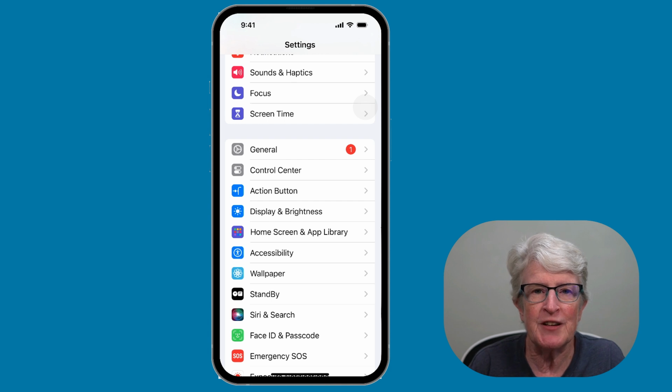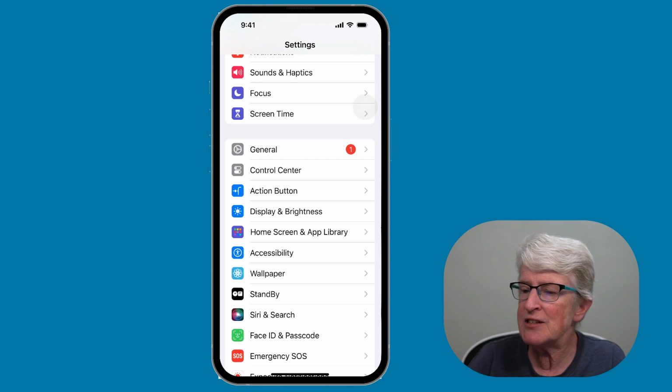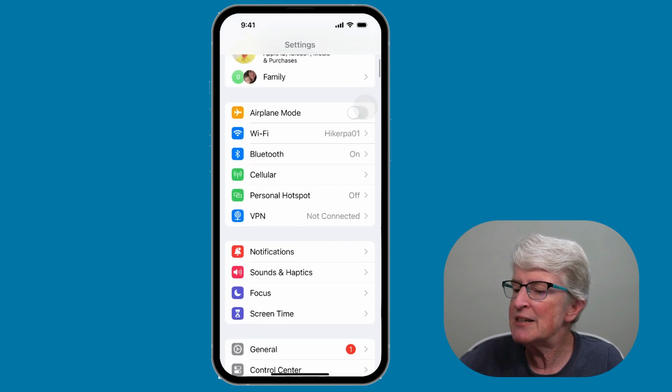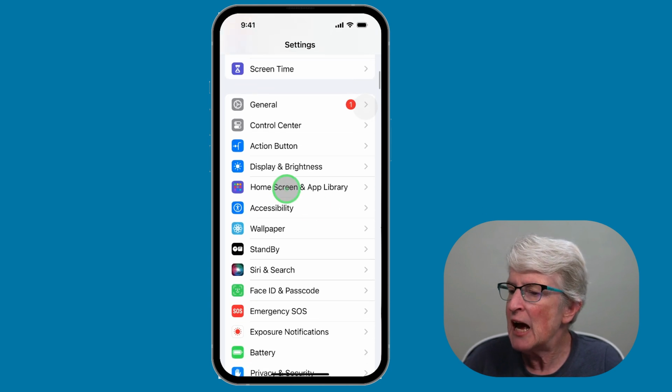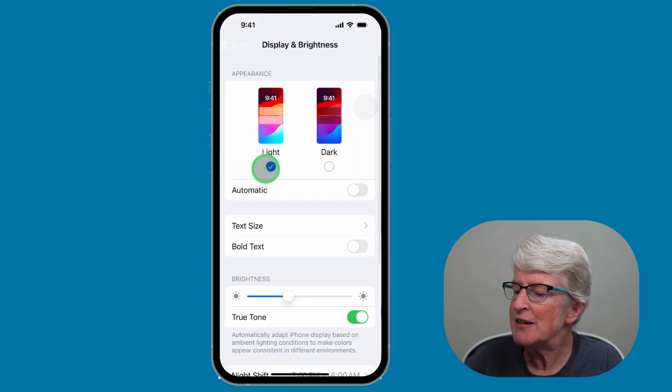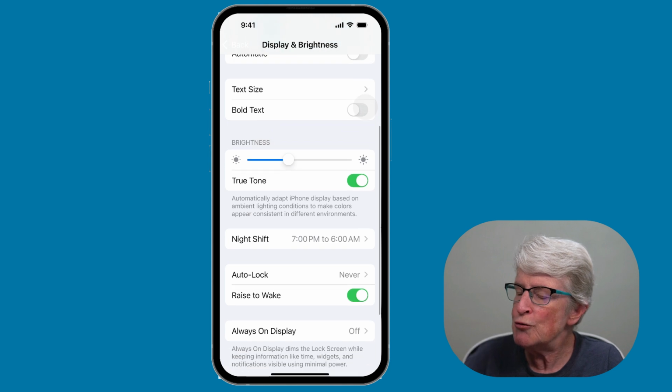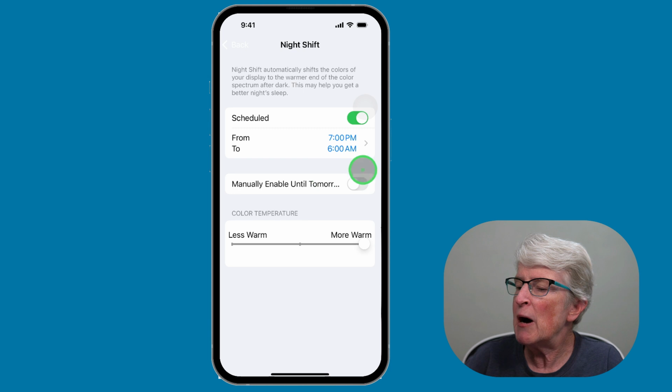Enable Night Shift. This filter will allow you to read, browse, or watch videos in a low-light environment and help you sleep better at night because it stops your display from emitting blue light, which can affect your sleep and cause eye strain. To access the Night Shift option, come into the main Settings page, tap on Display and Brightness, scroll down until you see Night Shift, tap on it, and you'll see that I have mine